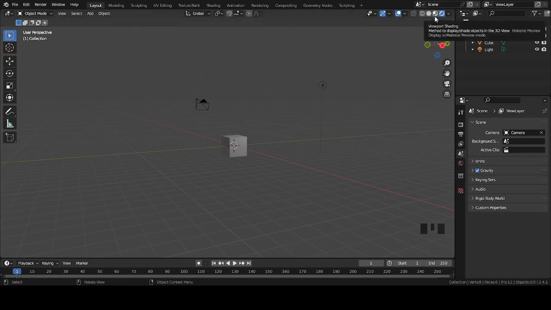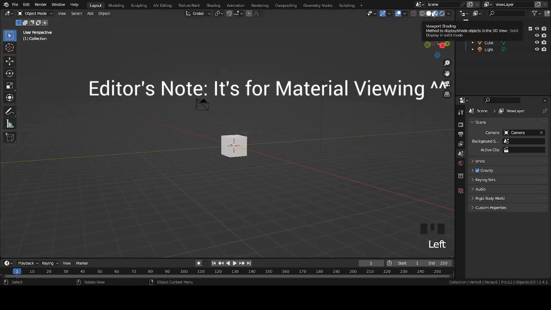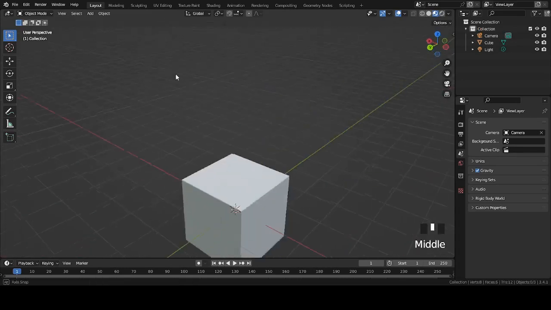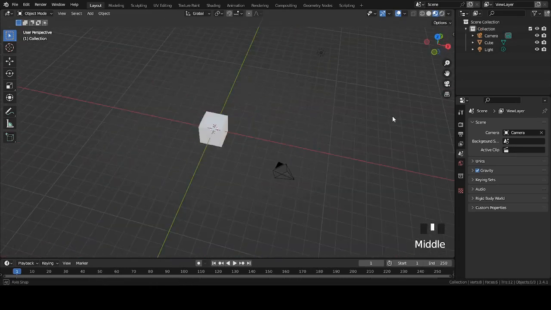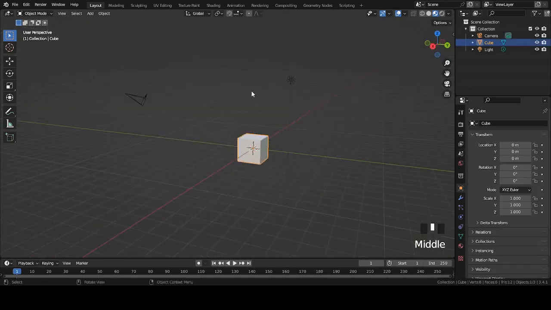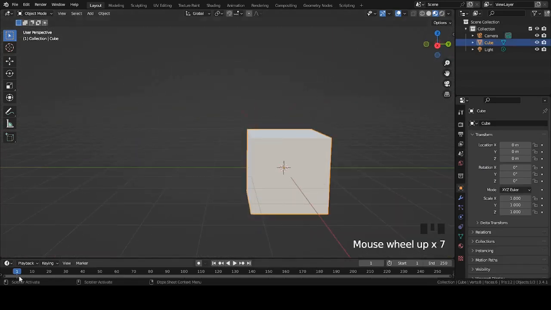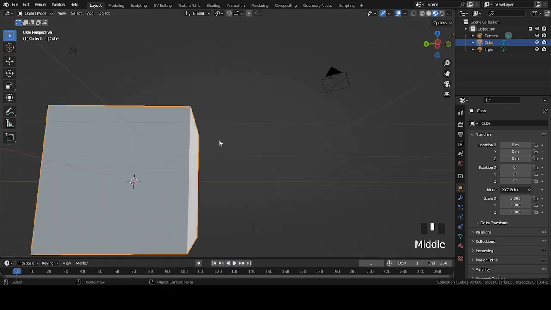Oh yeah, I almost forgot. Viewport shading, just normal viewport shading. This is where you'll see textures and all of that. I usually hit the material preview button whenever I'm needing to texture the model using a texture file that I created. If you want to learn how to make a texture file, I will